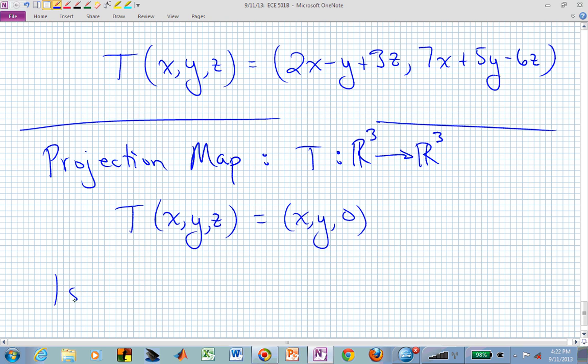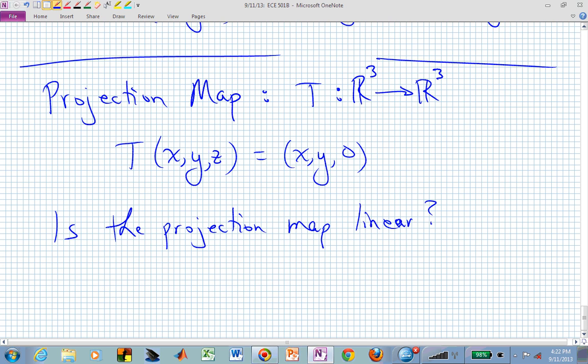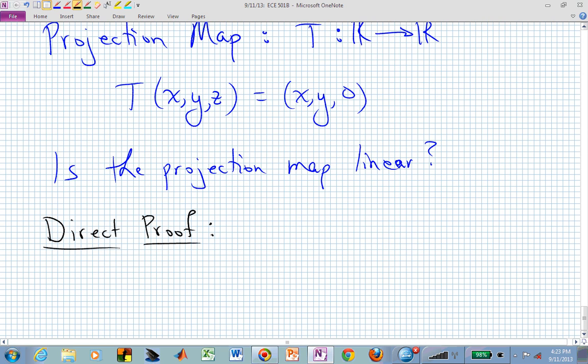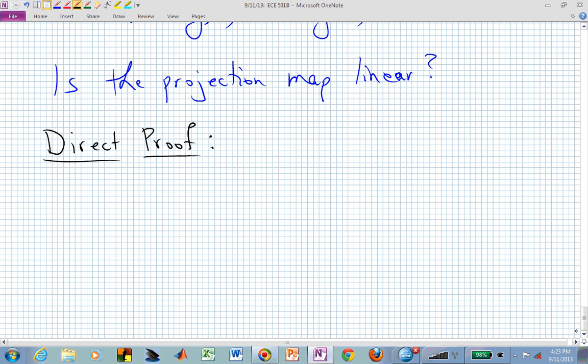So now we might say, is this actually linear? Yes or no? Or do we want to just try to directly show or prove that? What do we need to show if we want to verify that this is a linear map? What's going to constitute something being a linear map? So we have to have additivity and homogeneity. Let's look at those two separately. If we want additivity,